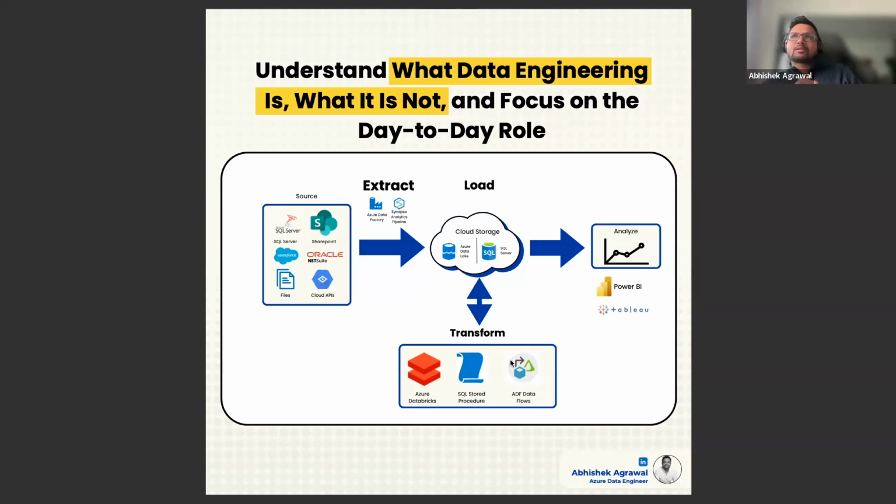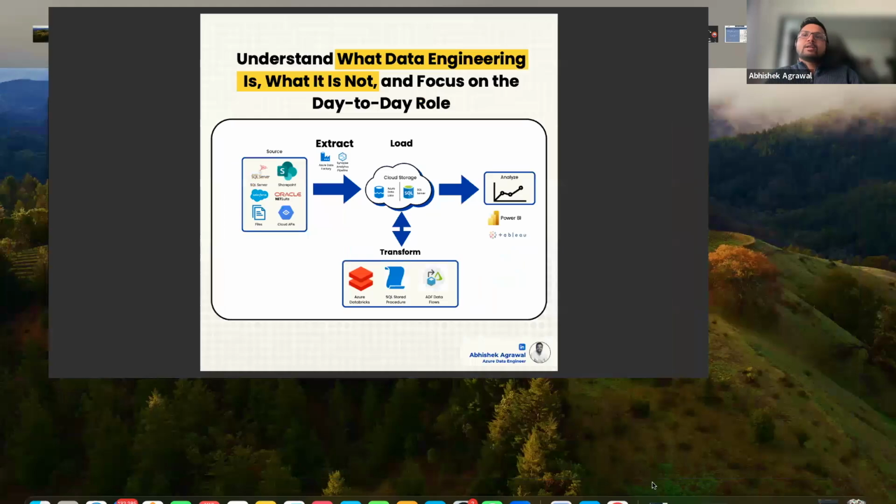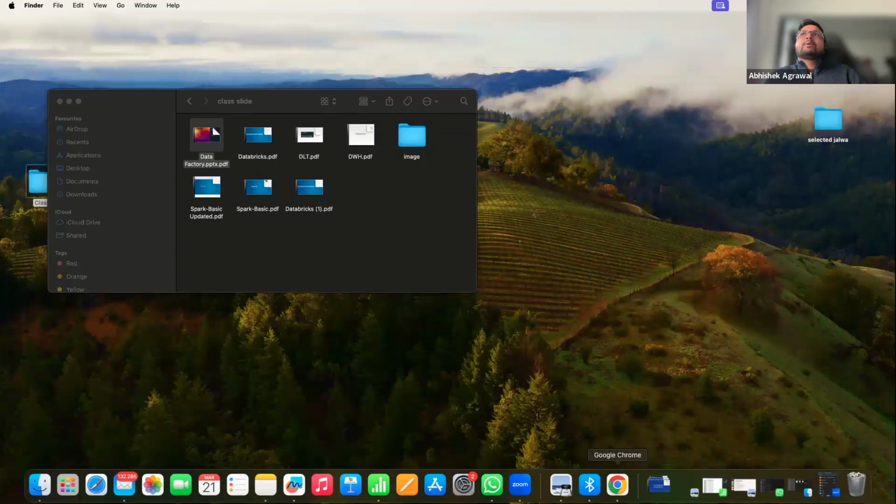It's not for the orchestration. It's more of a data movement, or sorry, data transformation. So I'm just talking in very simple or general terms. Databricks is more of a, suppose if I go over here, if I type Databricks,